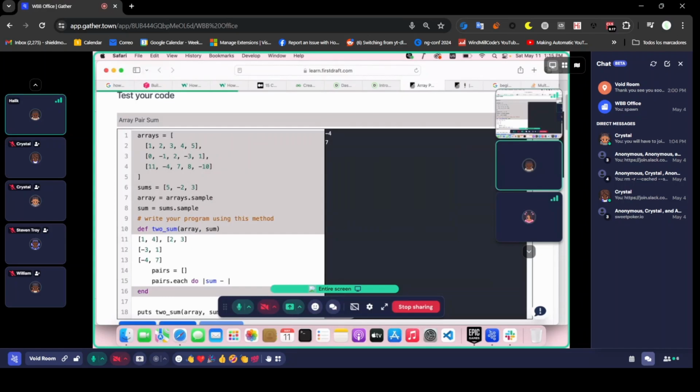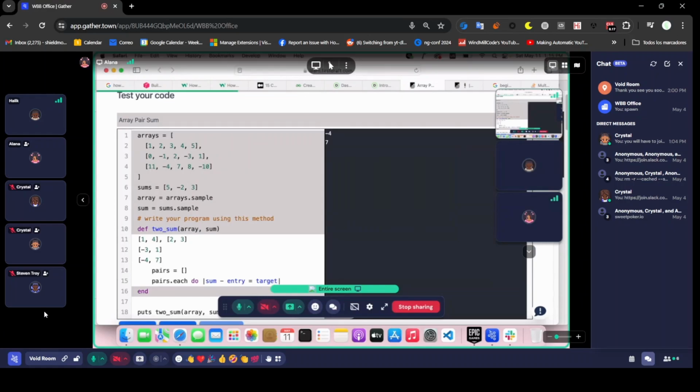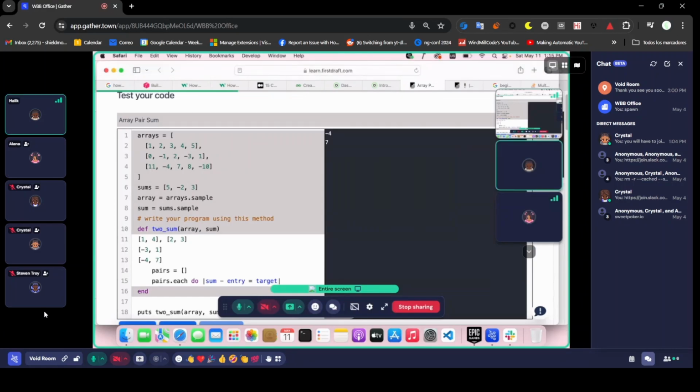So we need a variable, and that's going to be the target. You're going to set that equal to a variable called target. And now if the target is in the array,